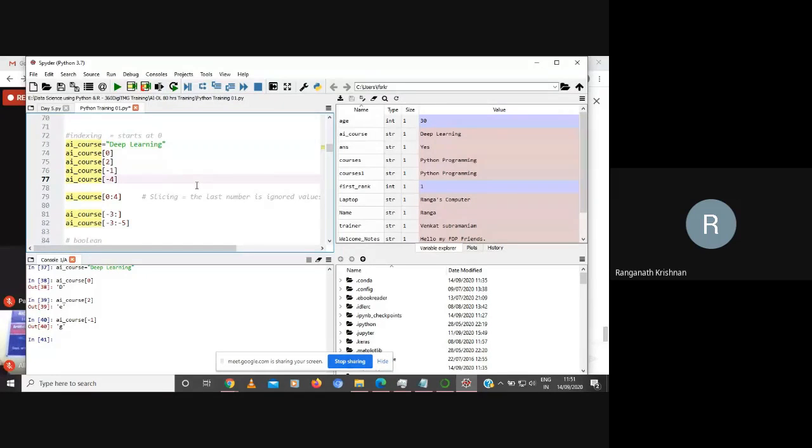-1. I can give -1, will it give an error? What did it do? I showed you the answer. Can you tell me what -1 does? I want to make you guys think rather than me just telling you. I gave -1. They say reverse. Exactly. So -1 is not going to give you an error. Don't think it is going to go back and say, okay, D is 0, -1. So it is like a recursive loop. So it will go back to L and then give you. What is -4 going to give me? Now tell me the answer now.